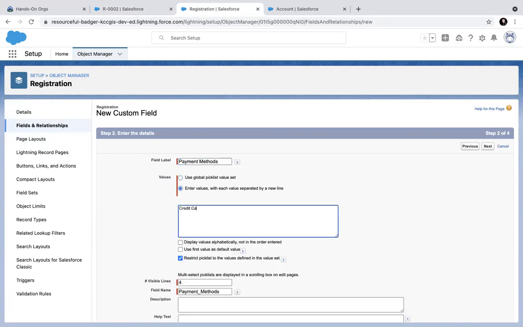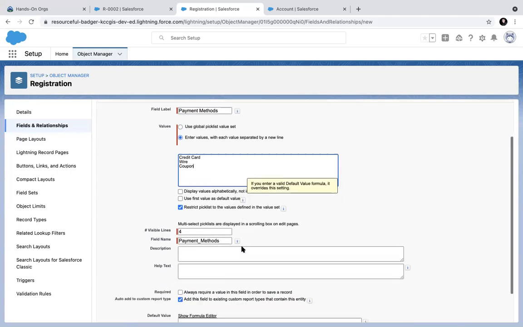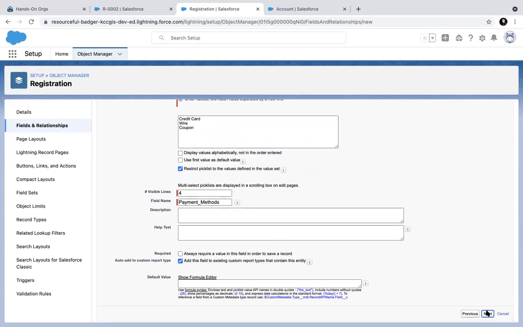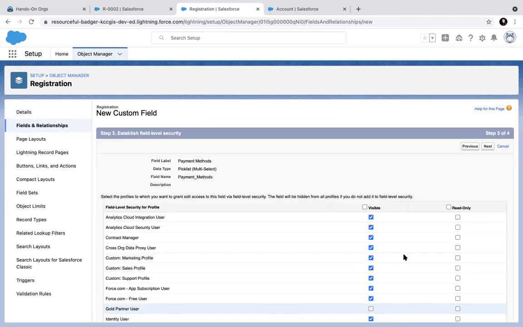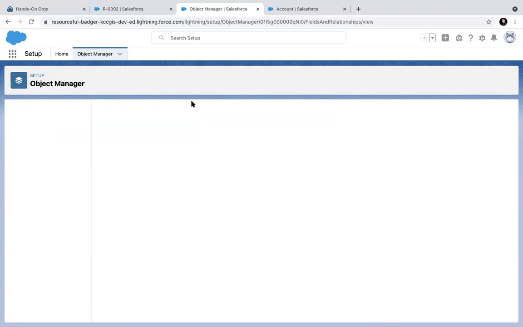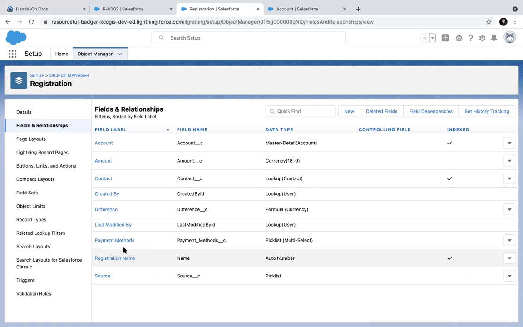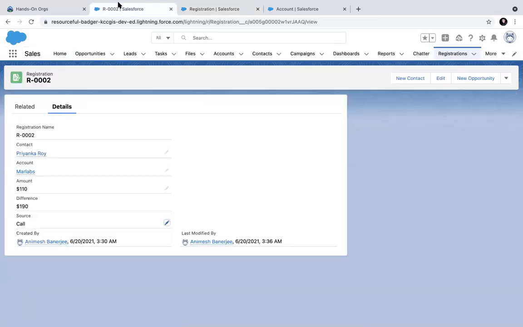Credit card, wire, coupon. So now what happens?